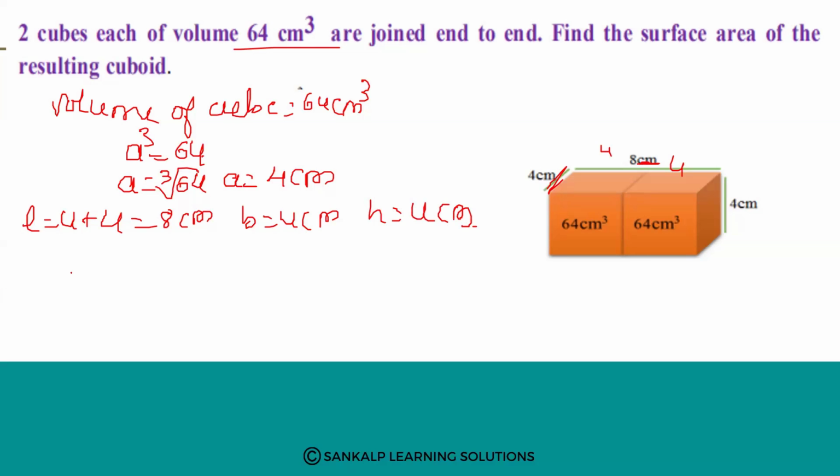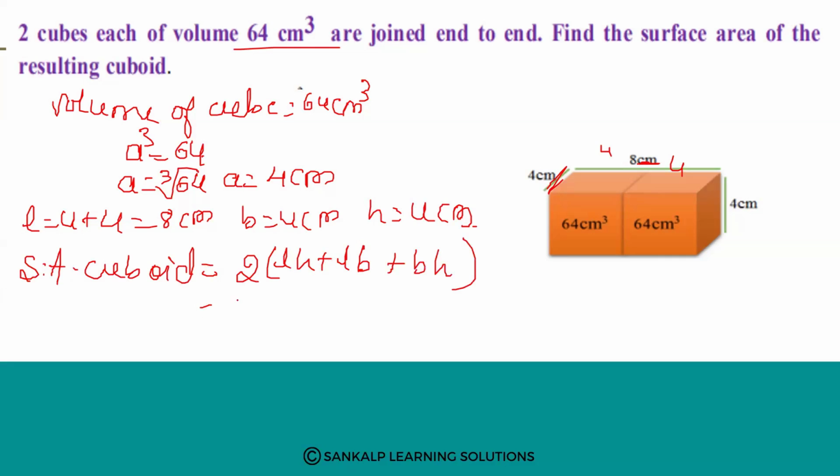Now, surface area of the cuboid. Surface area of the cuboid we want. So for that the formula is 2 into (L into B plus B into H plus L into H), right? So this is 2 into L value is 8 into H value is 4 plus L is 8, 8 into 4 plus